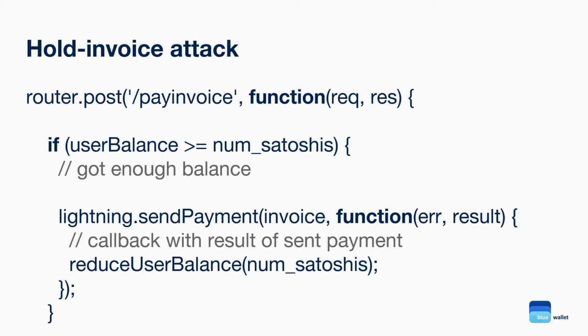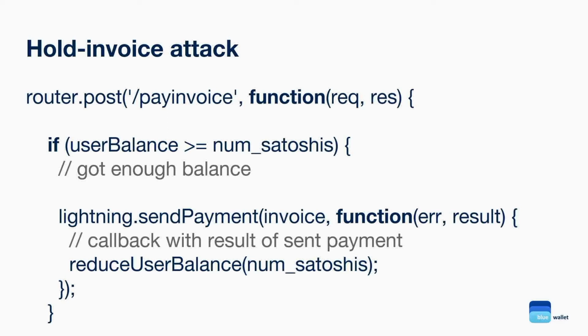So imagine there is a handler function that handles withdrawal requests for a web app, and we have a balance check. If the balance check is okay, we send the payment through Lightning. And if it goes okay, there is a callback function that reduces the user's balance. Now, if the payment is stuck, and this lab is totally not prepared for that,